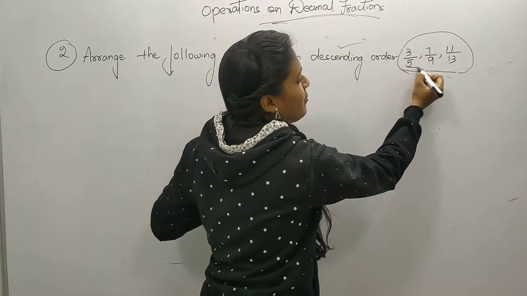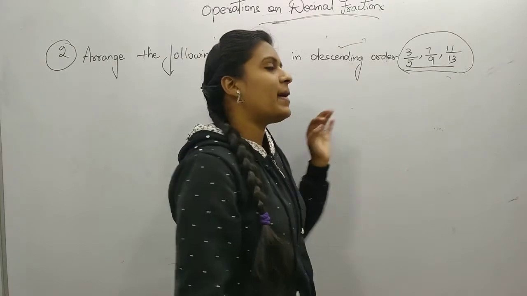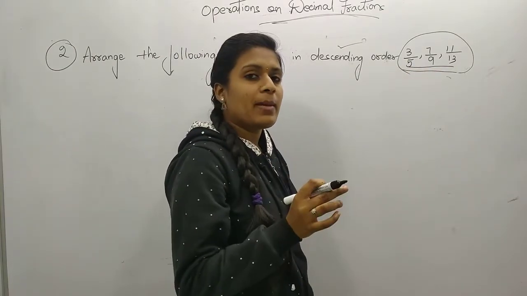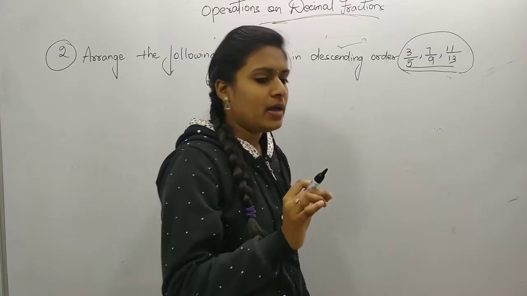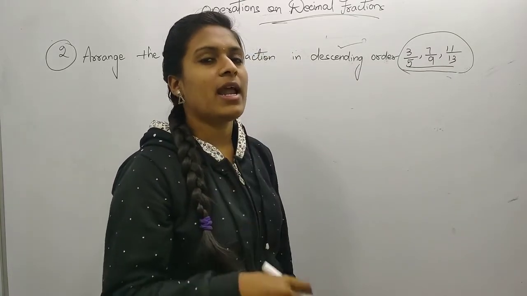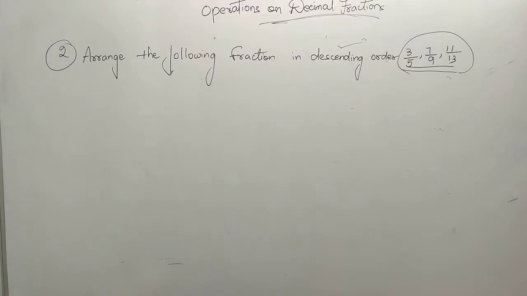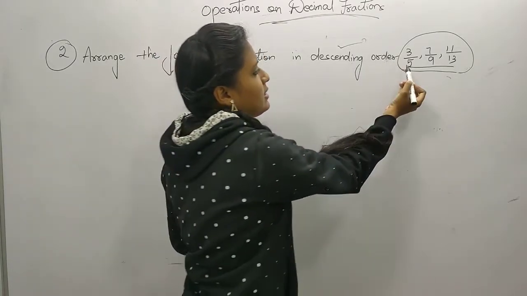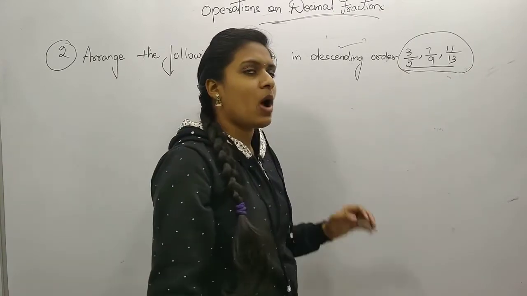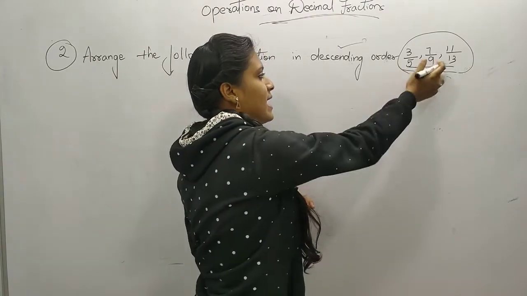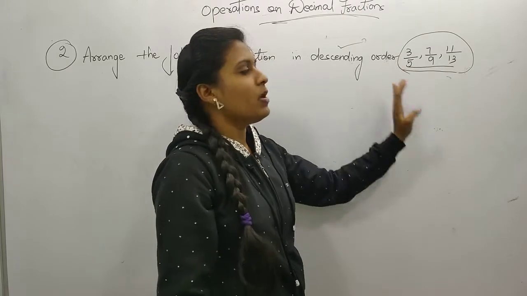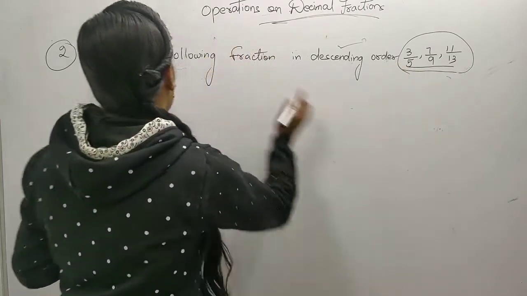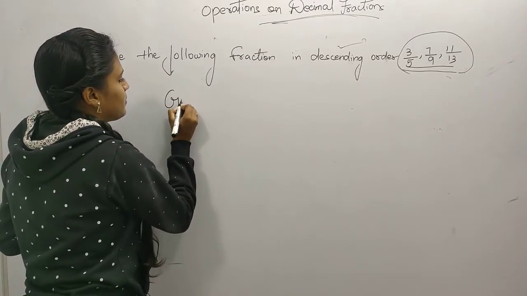But here they are prime numbers. Keep in your mind, here they are prime numbers. What are prime numbers? Numbers that do not appear in any other table. These are called prime numbers. So here these three are prime numbers. How can we do it? If prime numbers are given, we multiply them directly. Let's solve the problem. Given fractions.